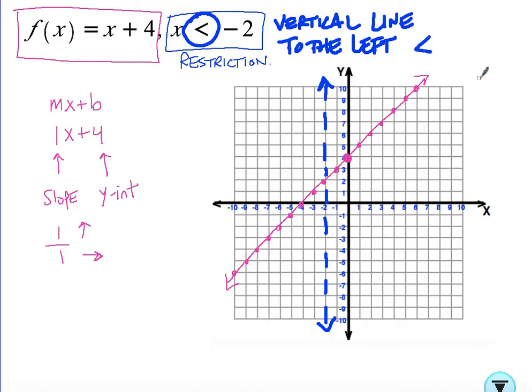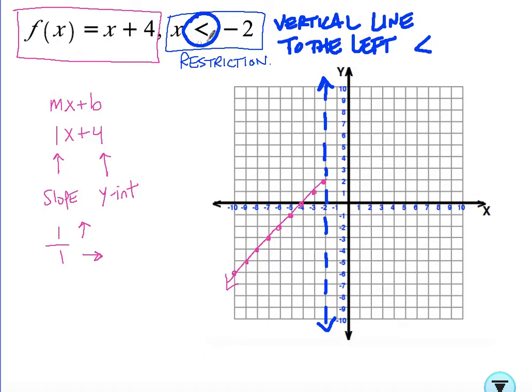So what that means is I only want the pink line to the left of this barrier, which means I do not want any of this stuff here. So all of that is actually going to get erased. I would do your homework in pencil, not in pen, so that you can do this kind of erasing. Okay, and then what we have now is we've got a barrier and we've got our function,